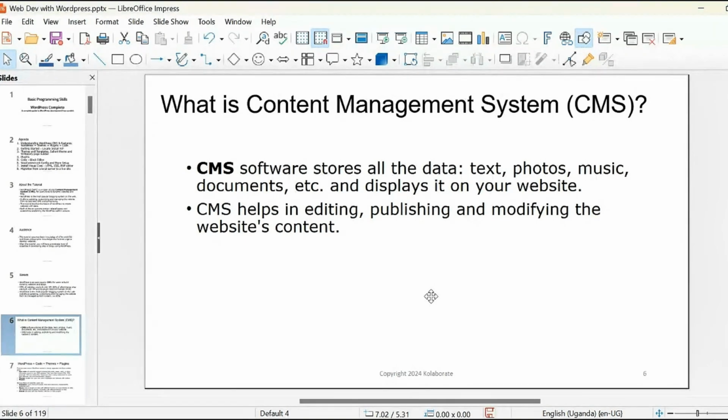That is what media is. So what a content management system, or CMS, does is store all that data and make it available for editing, publishing, and modifying that content. So when we say WordPress is a CMS or content management system, that is what it means. It's just a software that stores all that data.